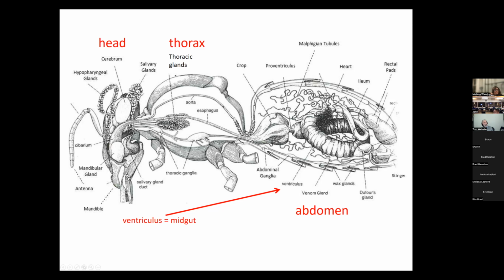So all these organs don't have little capillary arteries and veins like we do. It's just sort of a sloshing situation. The bee system is not as efficient as ours is, but it works pretty well for a little creature. So the blood is sloshing around in here, and then there are also breathing tubes, tracheal tubes, that branch in